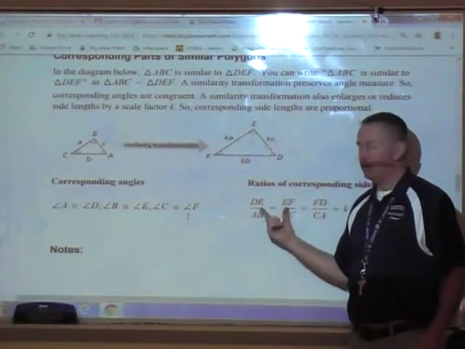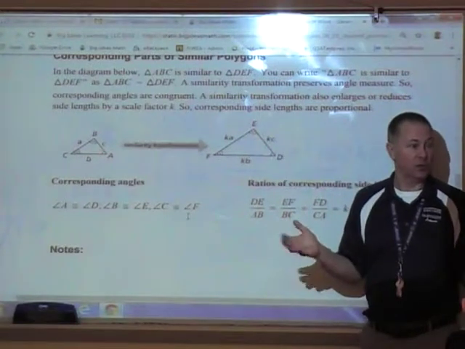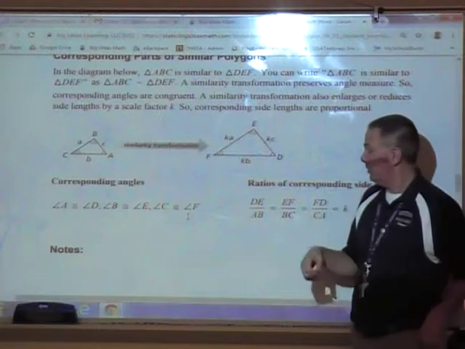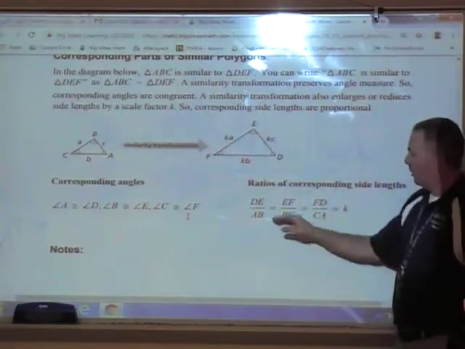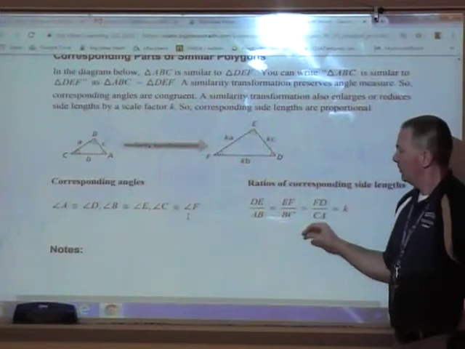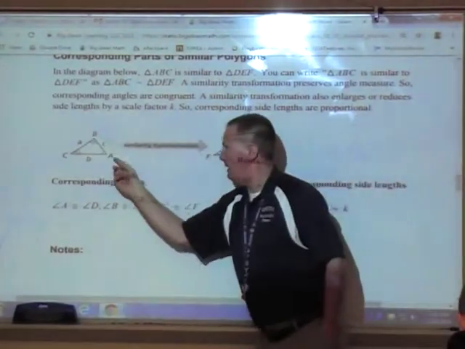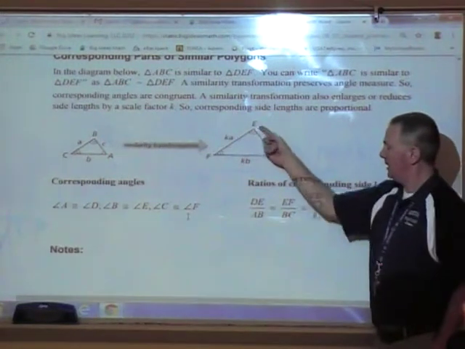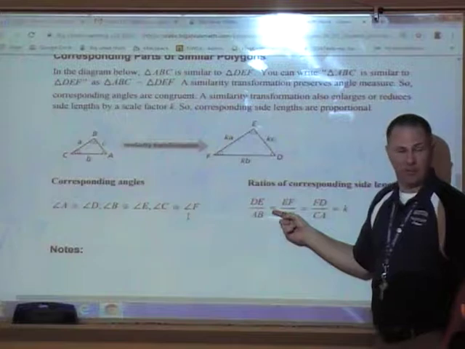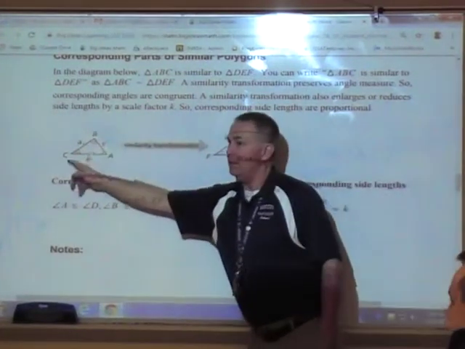Proportions are two fractions set equal to each other. This is where students like to cross multiply, and you're gonna be doing cross multiplication today. So pretty simple stuff to do. Right here, we're putting all the proportions set equal to each other, all the ratios. So like DE, that's the same as AB. So DE is to AB as EF is to BC